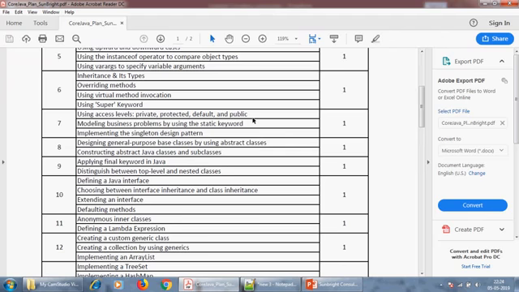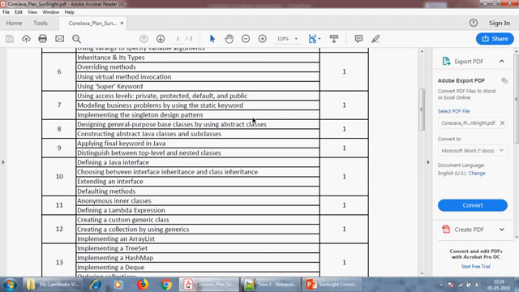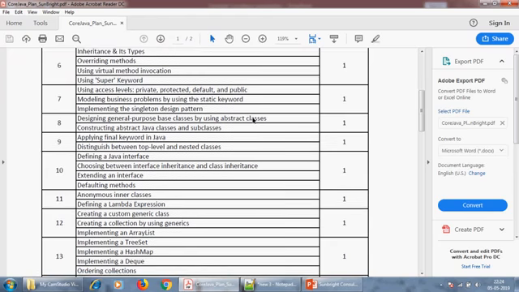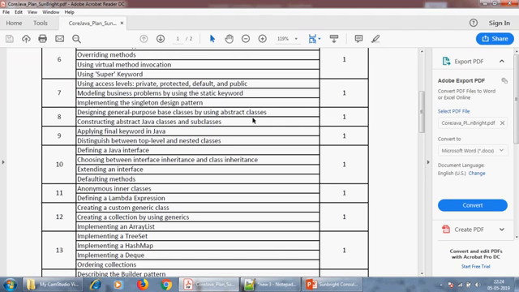Then moving ahead to the 12th hour, which is very important again, this 12th and 13th. Right, in the 12th and 13th hours, if you see, creating custom generic classes, lambda functions, tree set, array list, hash map, DQ, ordering collection. These 12th and 13th hours are very important if you are eyeing to develop web applications in Java, or if you are trying to develop mobile applications through Java and Android. These are basically the APIs available in Java.